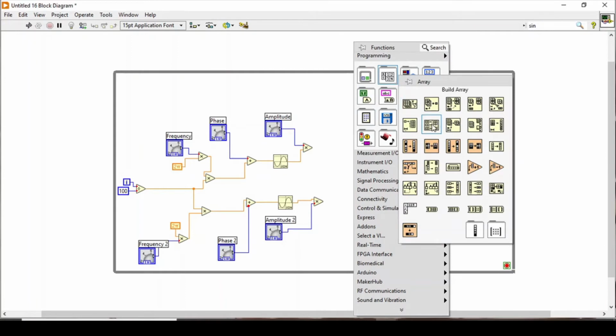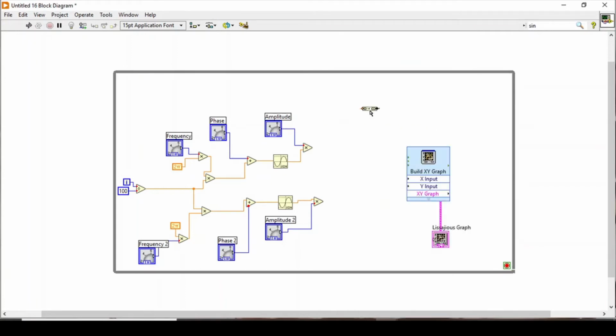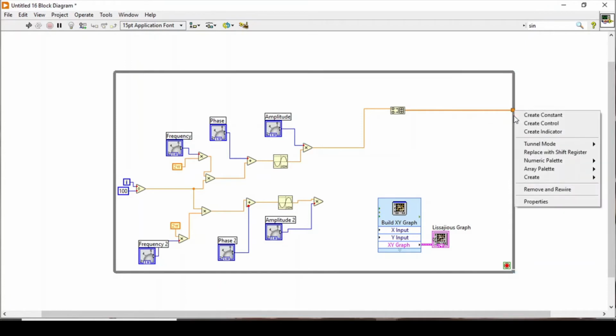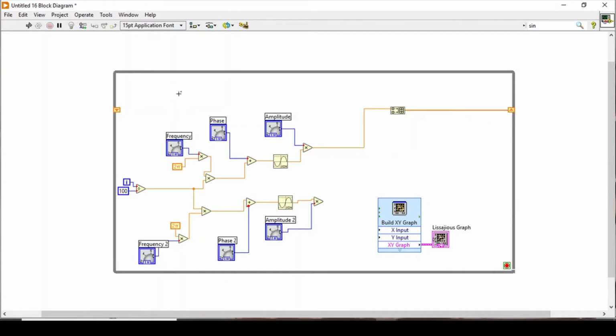So for that purpose I have to go to build array form, which will allow me to have it in recurring form. So I will attach it here, and I will attach it there with the loop and replace it with the shift register. Now what the shift register will do is, whatever values appear here, it will go in the loop and come back from this position, so that every next value will be added